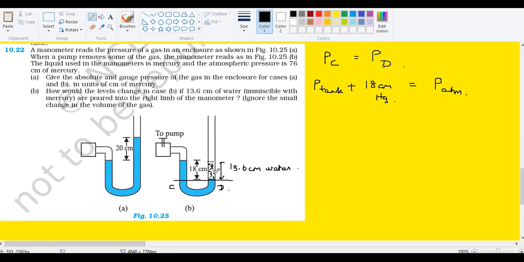Okay. So you need to have some imagination. As you pour some water, you are adding some pressure on this side. So if this pressure and this pressure have to be the same, this mercury has to go slightly on this side. Only then this pressure will balance this one. So I can redraw this diagram. Take it down properly. It needs proper diagrammatic understanding.